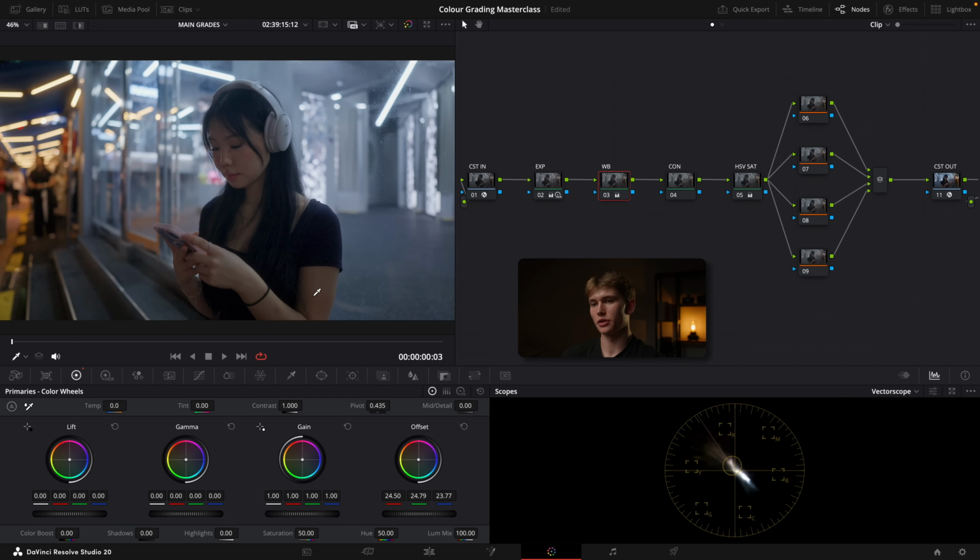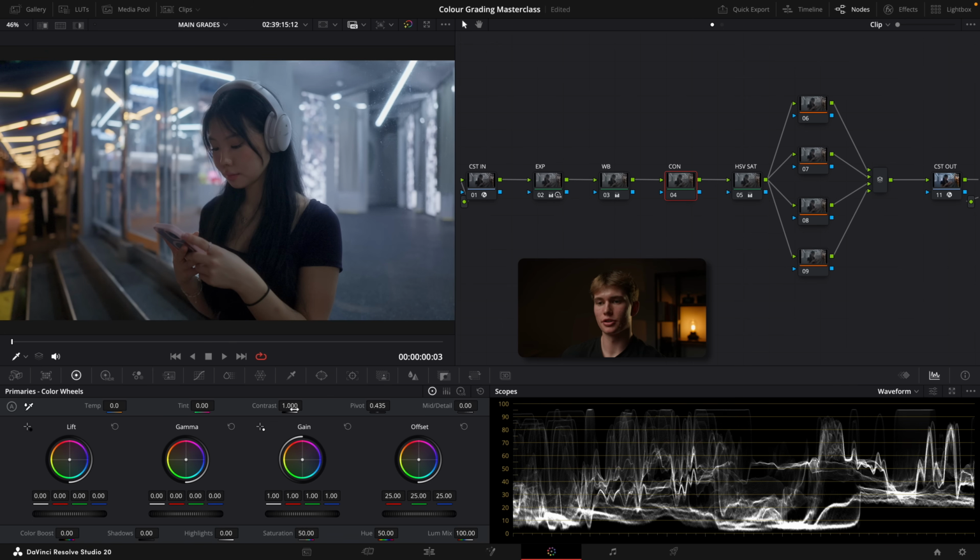This image is a little bit difficult to do because it's so dark and there's so much external light on the skin, but I think I've managed to do a good job of correcting those skin tones. If I show you before, after, we've just taken away that purple and added some more natural color to the skin. Before, after. I'm then going to go to the contrast node, change my vector scope back to the waveform,